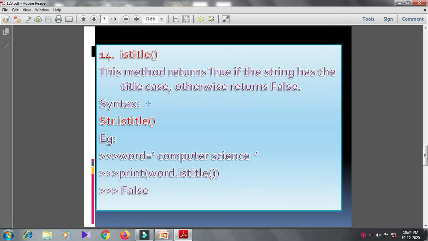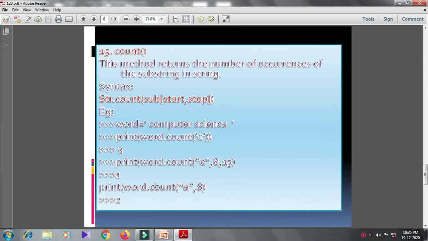Returns false if the string is not a title cased string or an empty string. Example, word equal to small letter c computer space small letter s science. Print word.istitle(). Returns false.